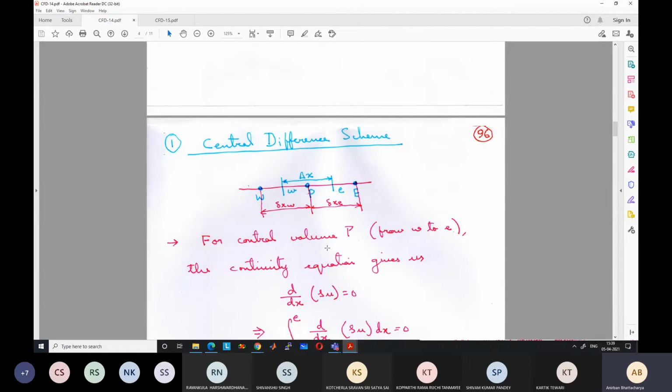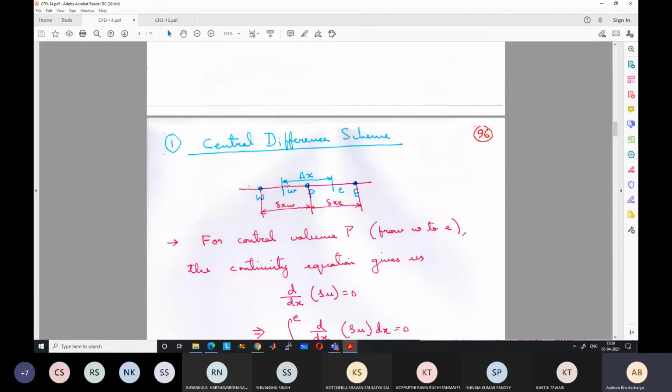And what we have seen is that if we have a domain like this, again let me just revise this. We are already familiar with this multiple times at this point, but let us revise again so that it is better ingrained in our memory. So we have a domain like this where the control volume goes from small w to small e. Remember that my voice may lag or the screen may lag a little bit because of poor internet connection, so there may be some discrepancy between the voice and what you are seeing on the screen. They may not be in sync. So you have to bear with that. So anyway,